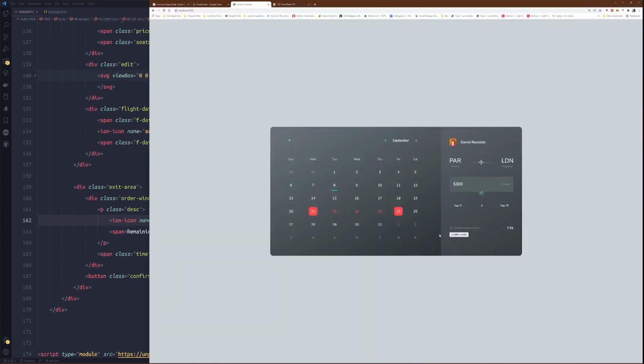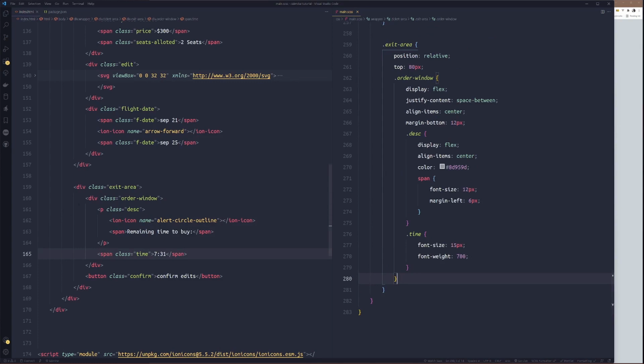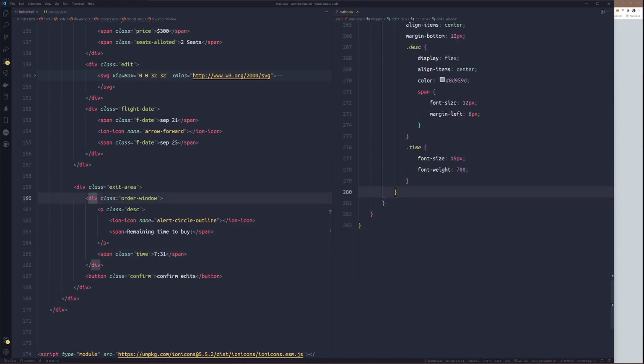Okay, so now for the button, just after the other window, we'll target the button class. Let's confirm. Then we'll set the text transform first to capitalize.